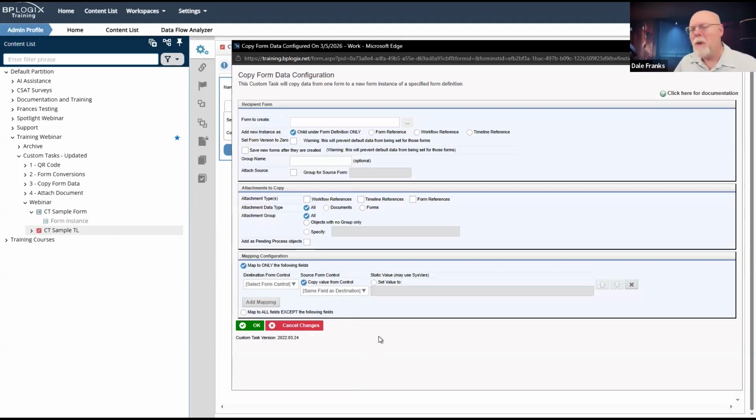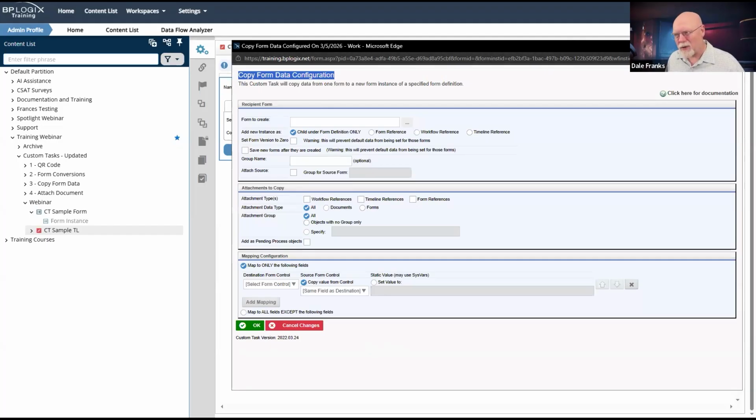I think probably most of the time, if you're doing copy form data, you're kind of doing it in that context where you're kind of switching processes. And so you want to copy that data to run in a different process. I think so that generally then copy form data gets called from the child process as a timeline activity.